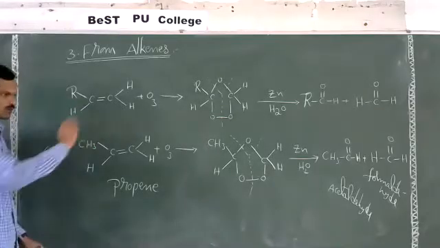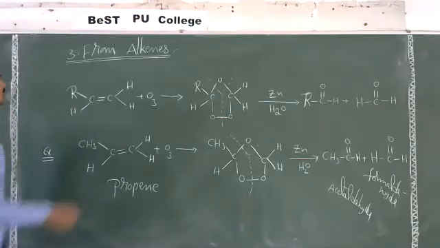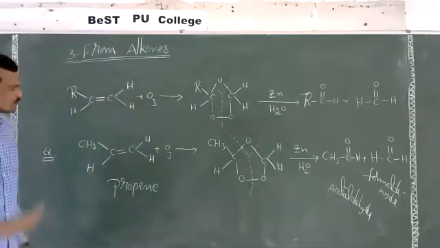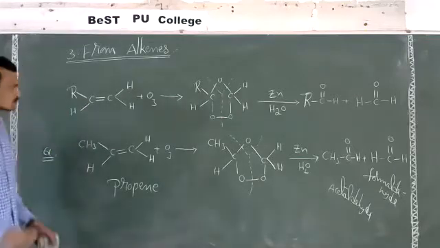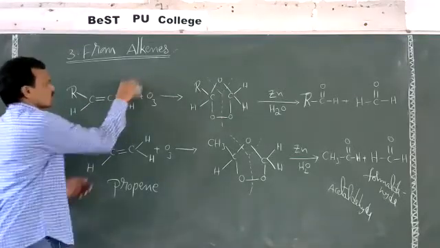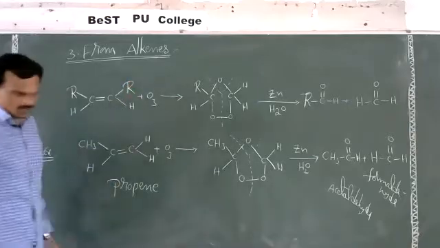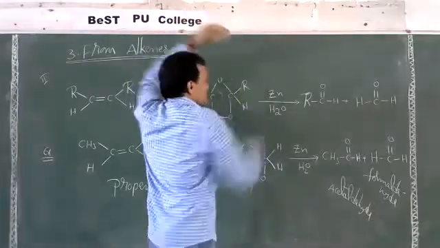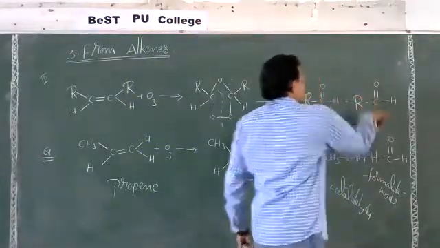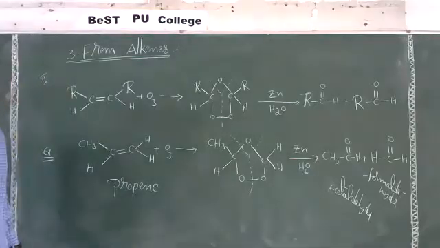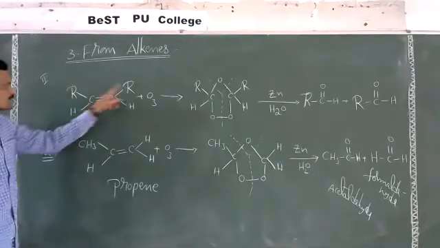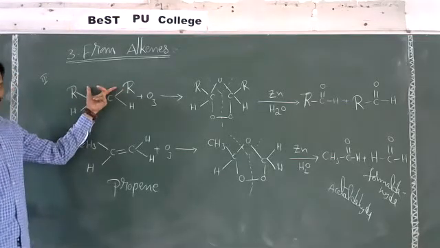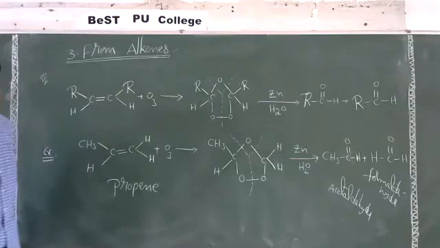So this is regarding mono substituted alkenes. Now instead of this alkene, if you take some other alkenes, we can get different products. Now let's see, this hydrogen also I will replace with R. One more example, the third one. Here in place of H, R will come, and here also in place of H, we get R. That means 2 moles of aldehyde will be formed. This is di-substituted, meaning on both double bond carbons, 2 alkyl groups are present as substituents, so we get 2 moles of aldehyde.